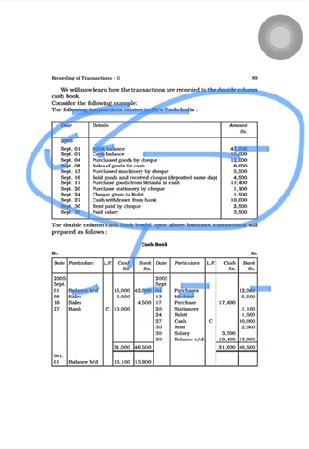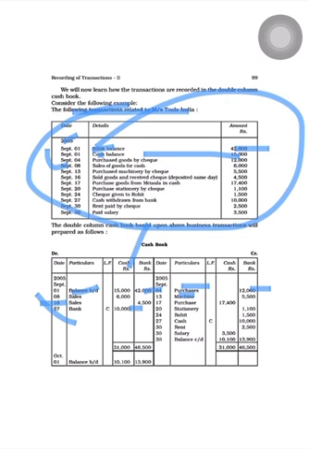Sold goods and received a check, deposited the same day. If we have deposited the check the same day, we write the amount in the bank column. If we haven't deposited the check in the bank yet, we write that amount in the cash column. So sales will be in the bank column. Now, purchase of stationery by check, so by stationery, and it will be mentioned there.